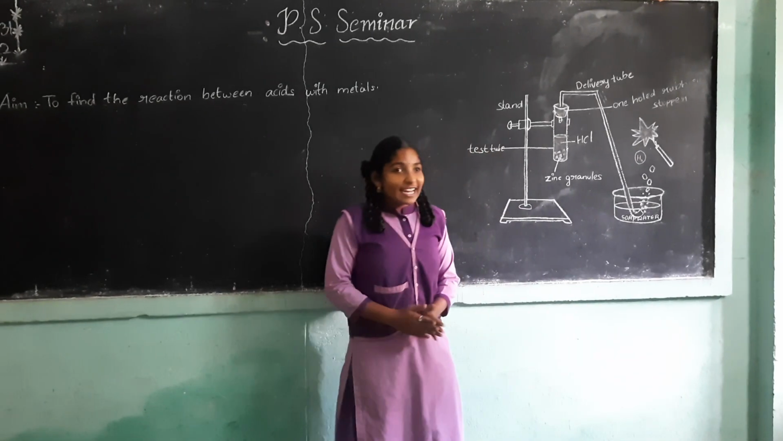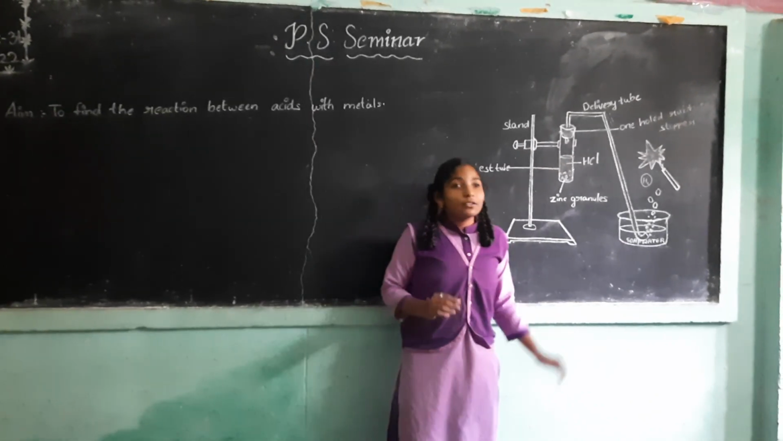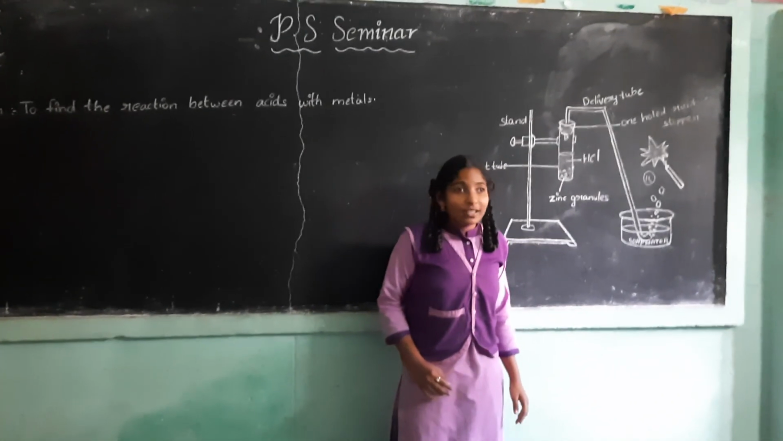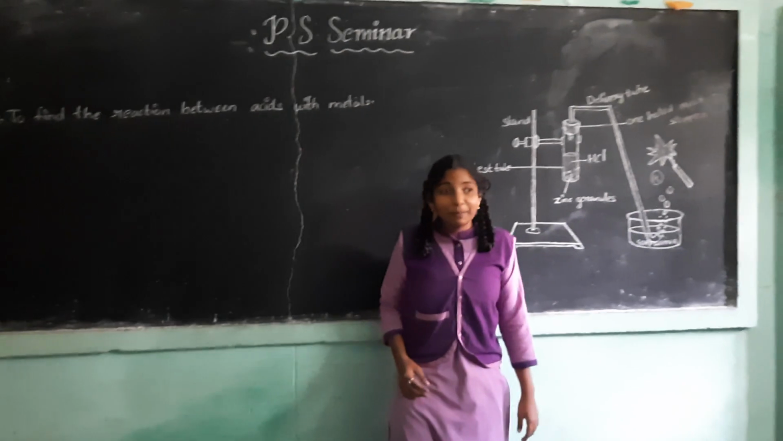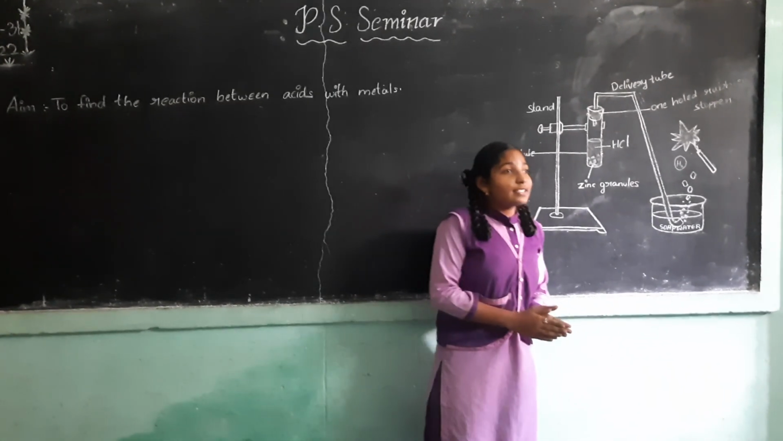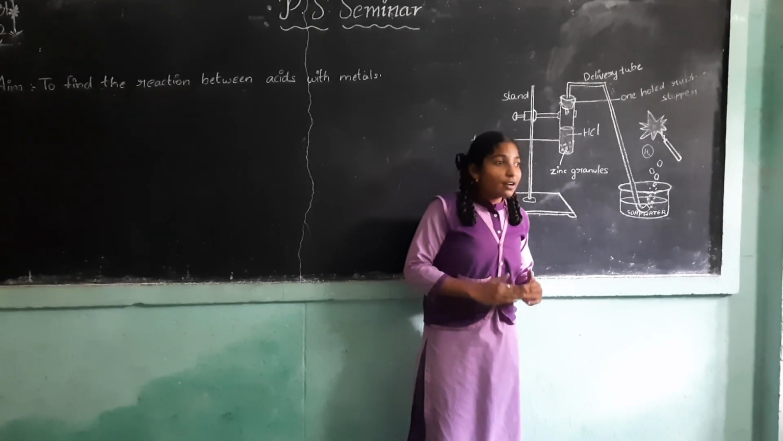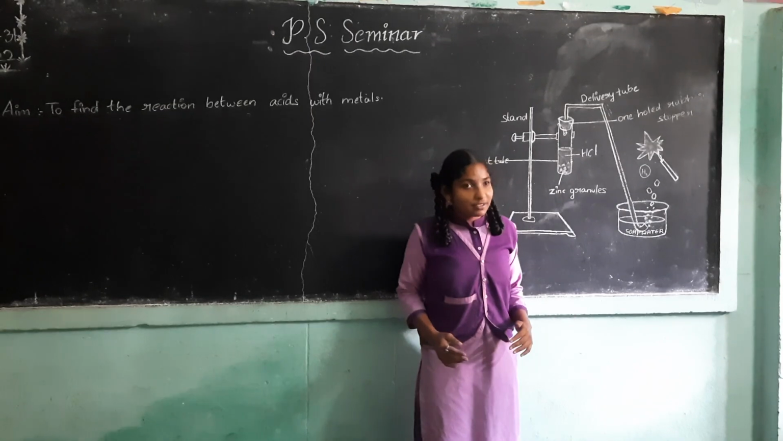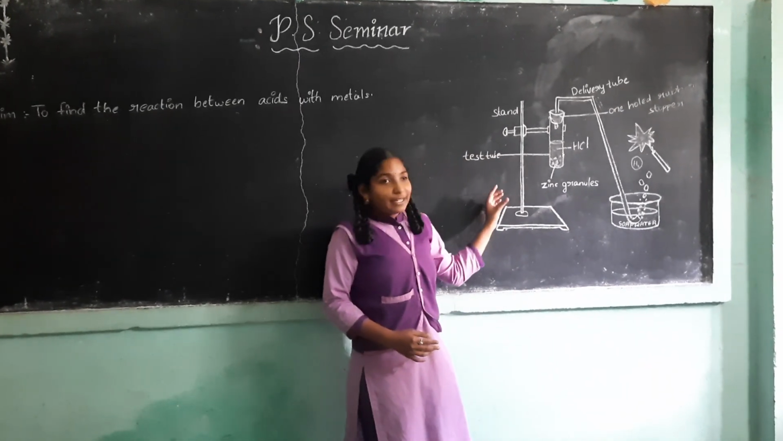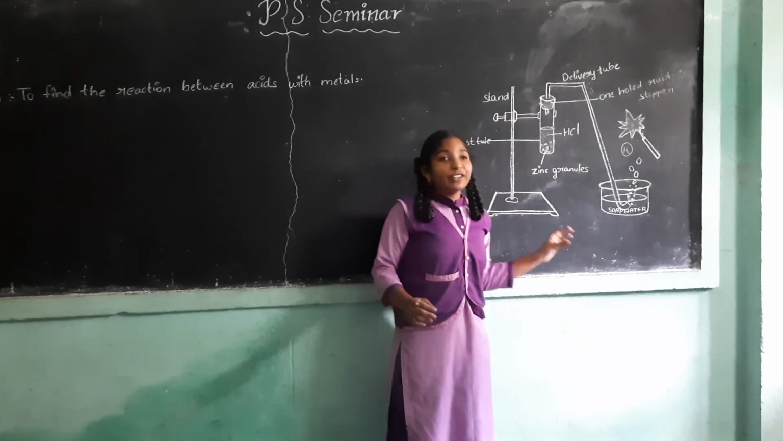Now let us understand the procedure through this diagram. First, take about 10 milliliters of dilute HCl. Now you all know the difference between dilute and concentrated HCl. Dilution means the solution is mixed with water. It means reducing the concentration of H+ ions, right? Now take about 10 milliliters of dilute HCl in a test tube and add a few zinc granules